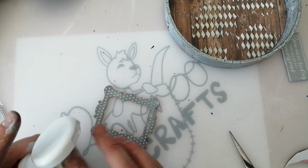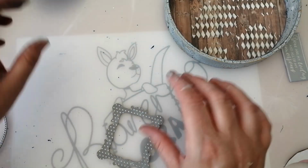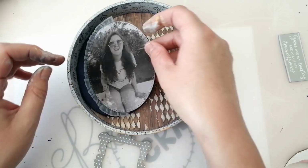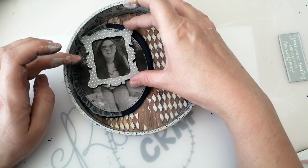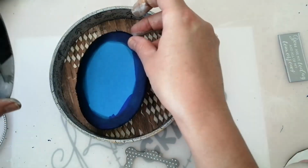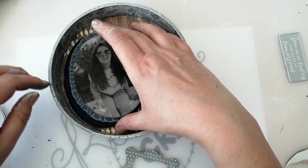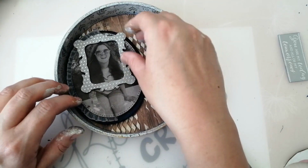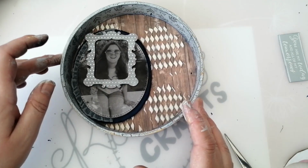There we go. And there we are. Okay, so I think we're going to have it so that we've got this over to one side with the photo, and then I'll do similar to what I did with Lauren's, and I will need to position it just so that I can pop the frame something like that. So I'll probably stick all of that together and then put it into the frame, so I'll just make it a bit easier,